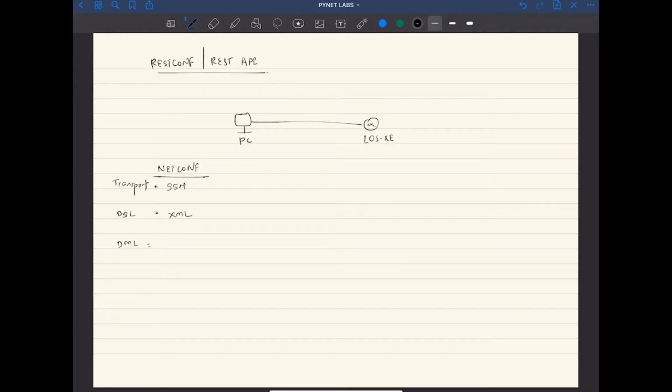The data modeling language is YANG, which means that we use SSH. The device needs to have SSH enabled, and based on that, we're going to send some configuration onto the device, which will be written in XML, and then that verification will be done with the data model that exists in the backend with the help of YANG. Similarly, if you look at RESTCONF,